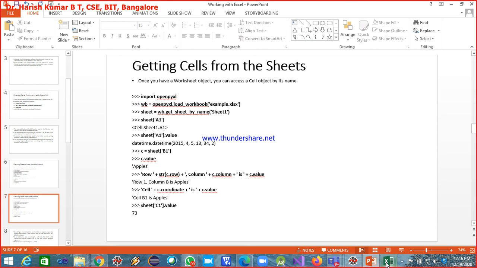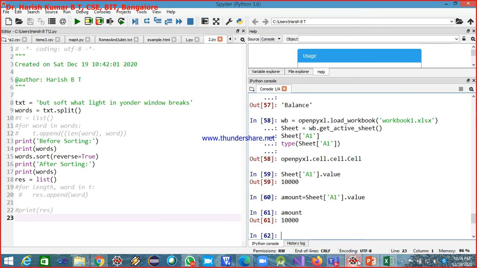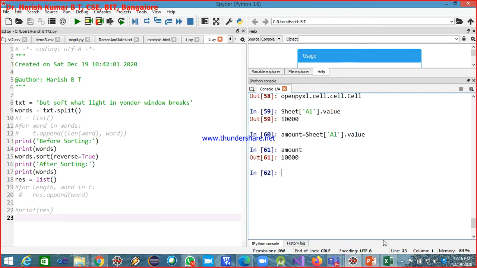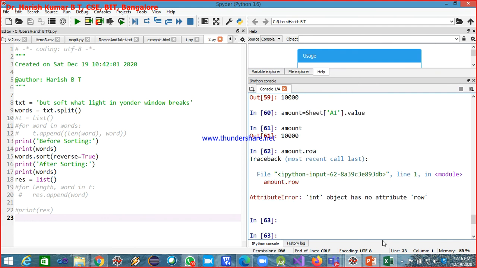I'll just try to do amount dot row. So here in our case it is not c, it is amount dot row. Okay, it cannot be executed, I have to use str of amount dot row.